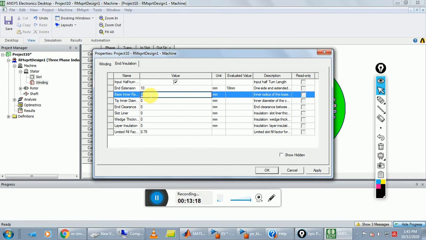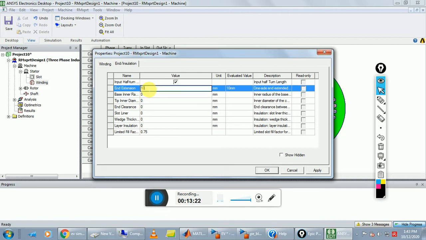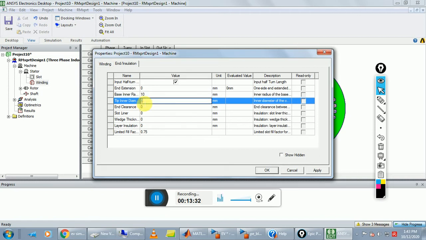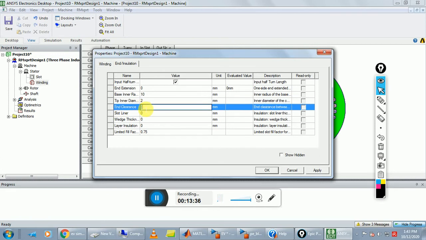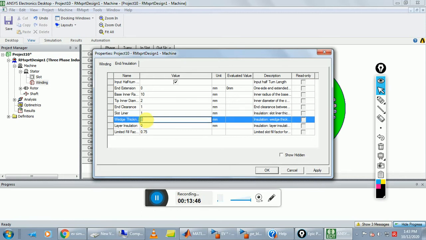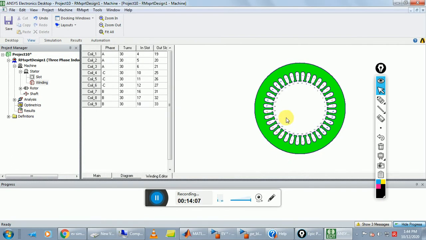Write down the base inner end extension, don't extend, make it 0, and base extension inner radius is 10, and tip inner dia is 2, and end clearance is 1, and slot liner is 1, and windage thickness is 1 mm, and layer insulation is, don't put layer insulation, and stacking limited fill factor is 0.75, keep it by default value, and click on OK.